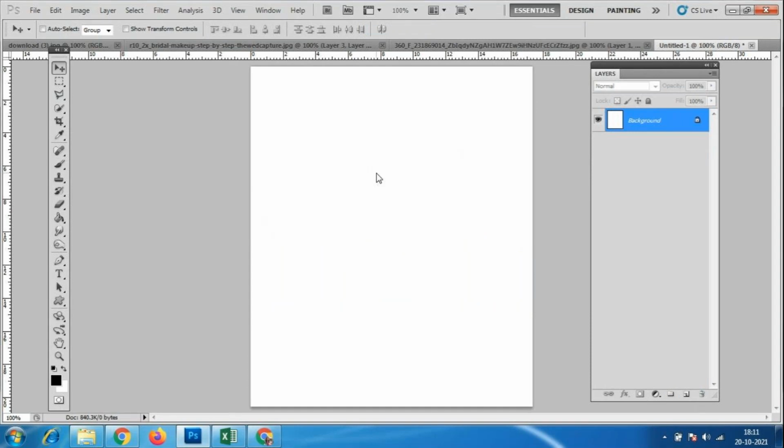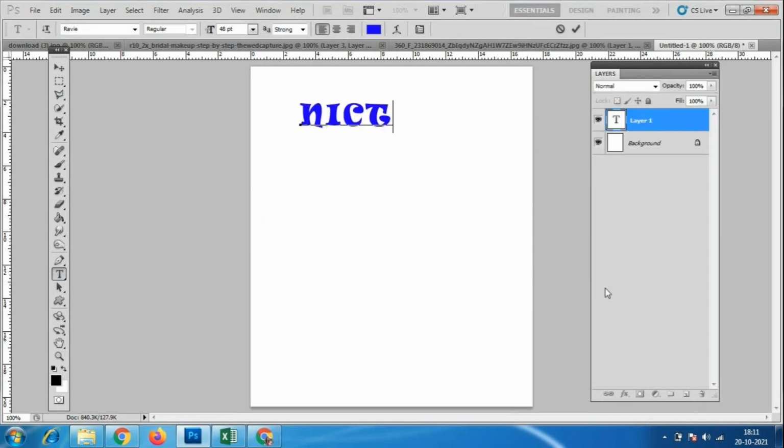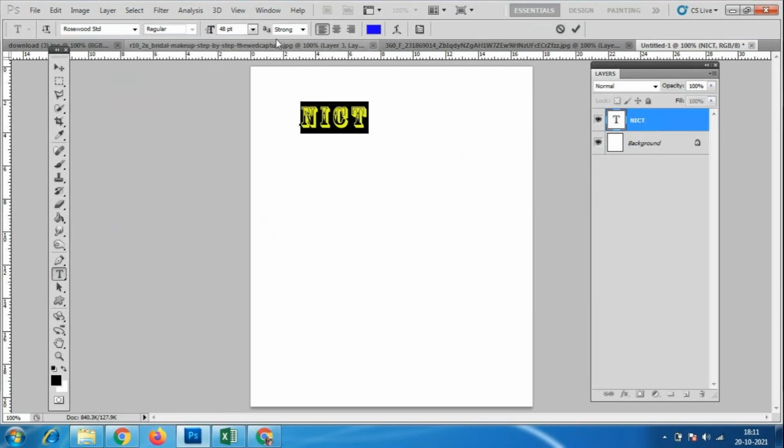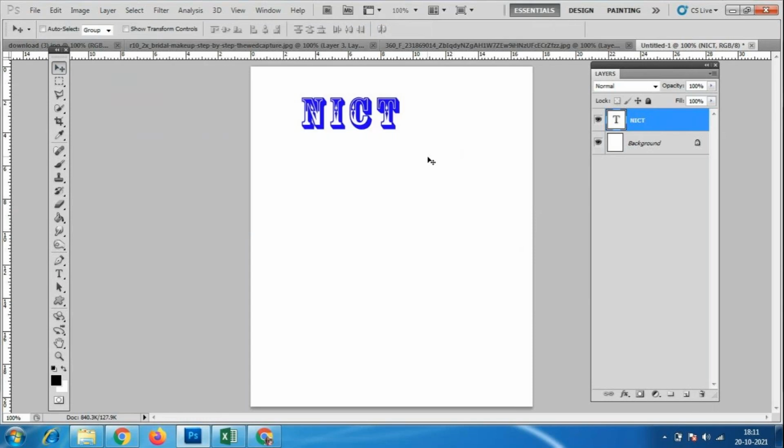Delete the layer. Once again, I'll go to the text tool and type it here. I have typed the text like this and clicked here, and only one word I have typed. Now I want to make everything separate, so I just change the text size like this. This has some effect.